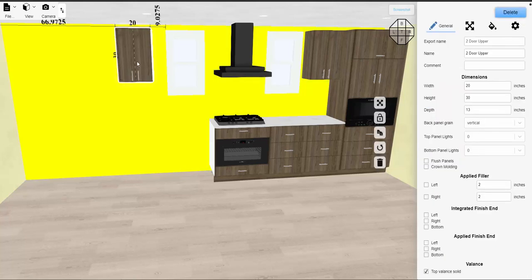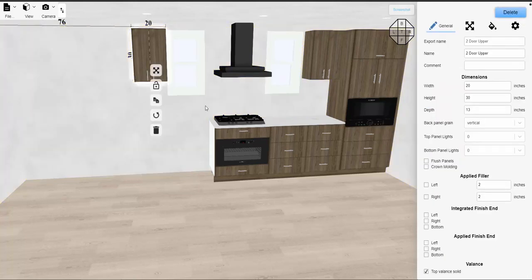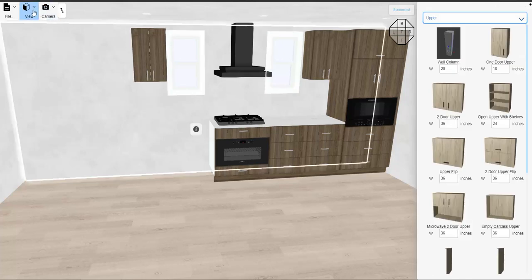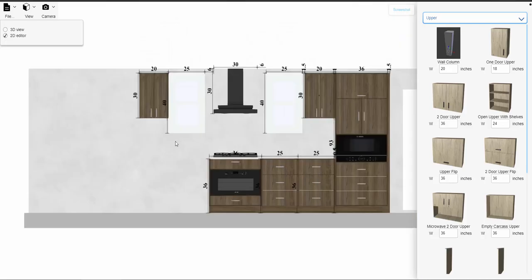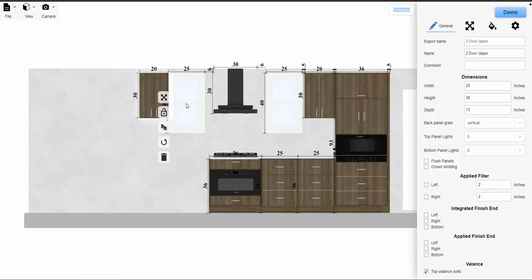I'll take and put it there. Let me go back into my 2D editor view. I like switching back and forth. It gives me an idea of how things are going. So I know I had 1.5 inches on this side of the window, so I'll do the same by simply moving that 1.5 towards the left, and I'm going to put my right finished end in this